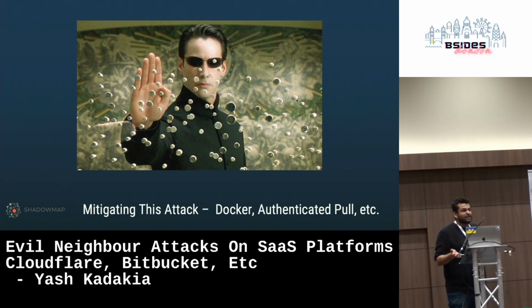There isn't an elegant solution. Cloudflare, of course, had a great solution already through Argo tunnels. For this, we haven't thought of a good solution yet. I'm not sure how Bitbucket or GitHub even would go about fixing it. Because short of giving static IP addresses to customers, they're going to have to tell folks that there'll have to be some sort of secondary certificate or check that they'll have to add to fix it. But I can't think of a good fix to actually go and address this particular issue right now. Any questions so far? Happy to answer as we go along as well.